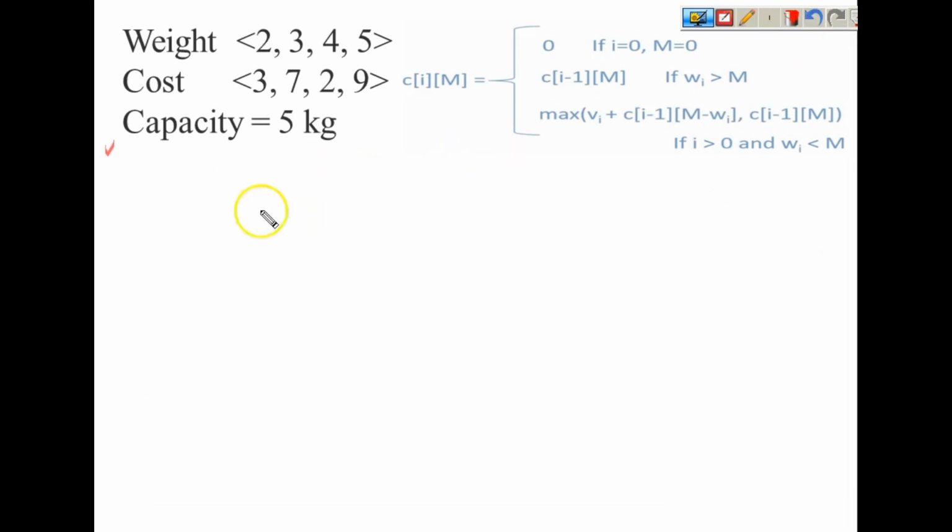Okay, so let us assume one problem. We have a knapsack capacity 5 kg. We have 4 items with the weights and costs given to us. So we are going to make one matrix. The matrix size,